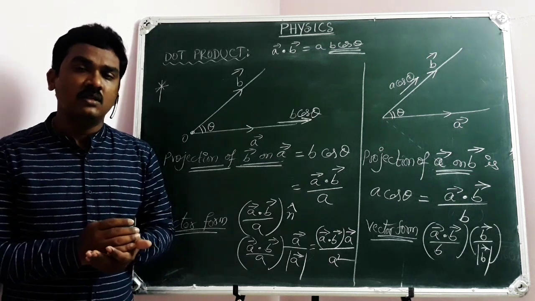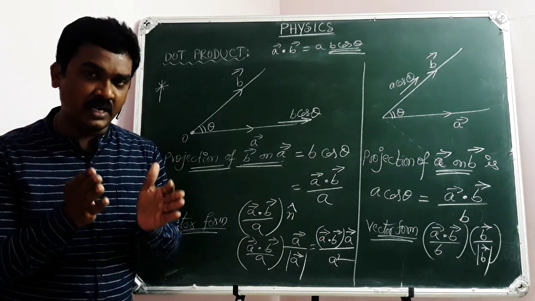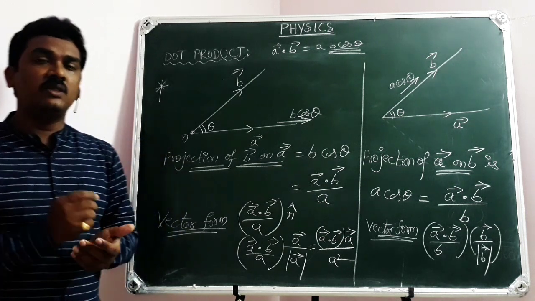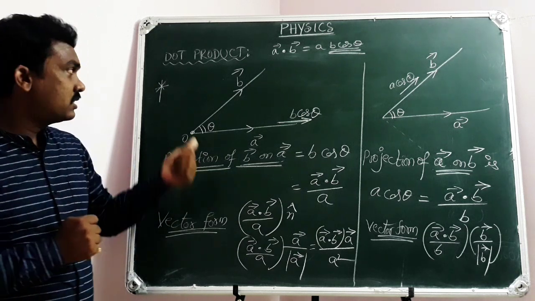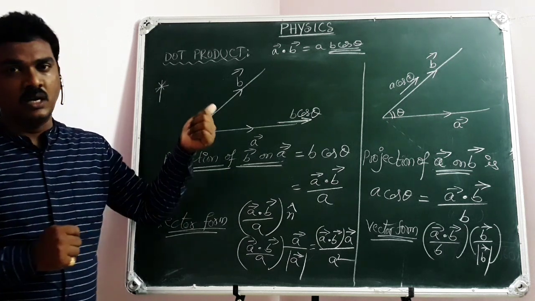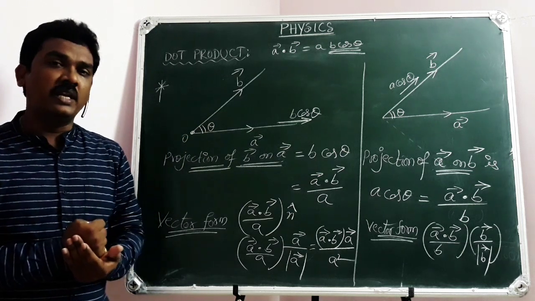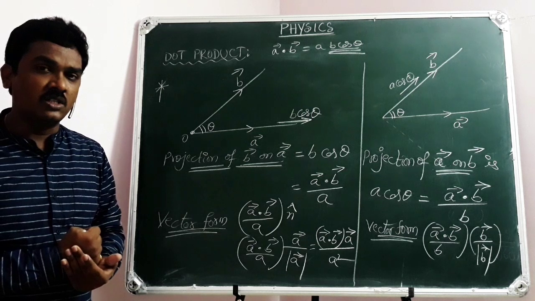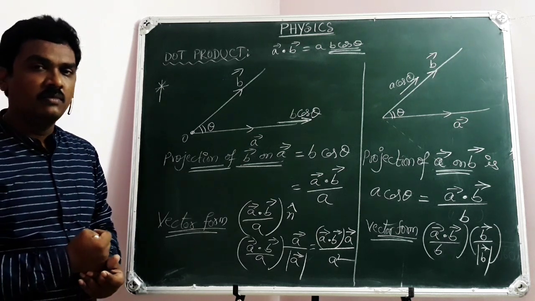So while dealing with the operation of multiplication in vectors, we have dealt with one method among the two methods, that is the dot product or scalar product. With a few examples we have dealt with it. In the next class we will concentrate on the concept of the vector product, which takes a little more time.